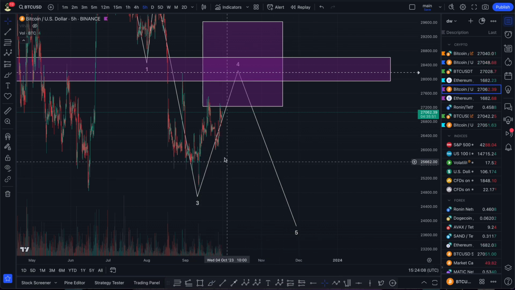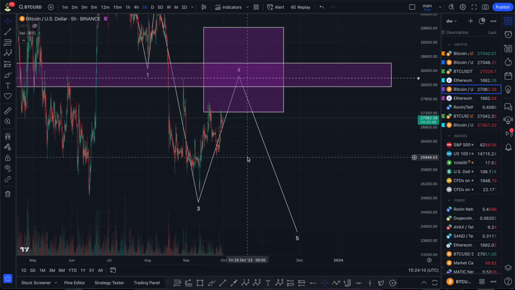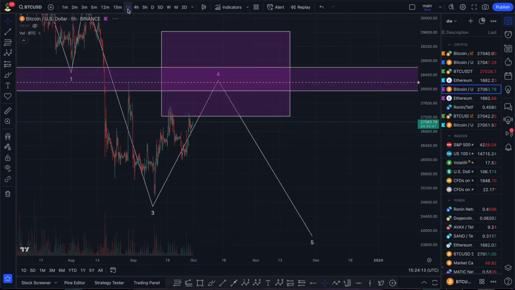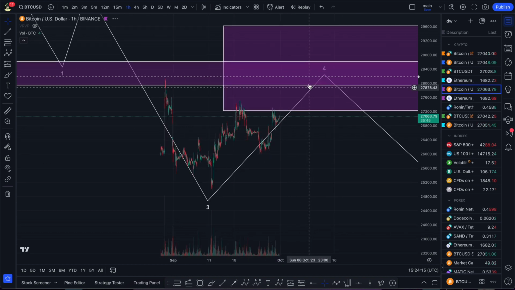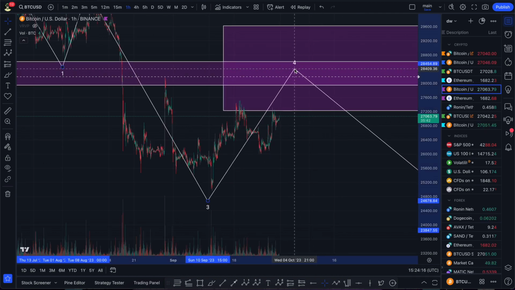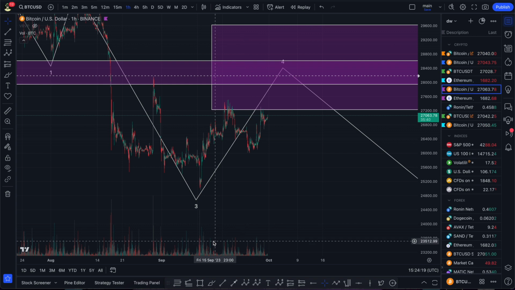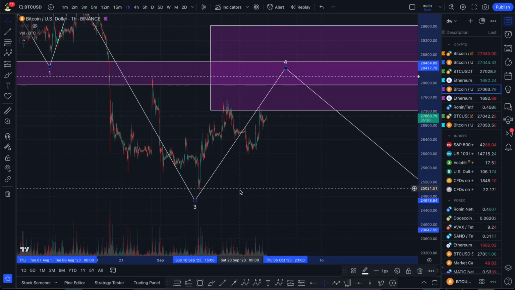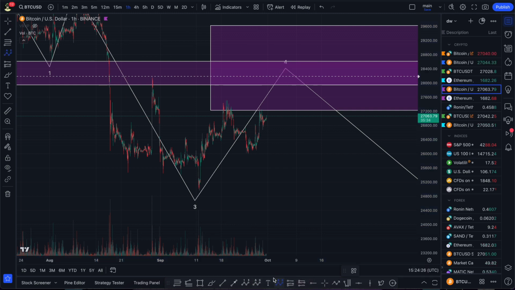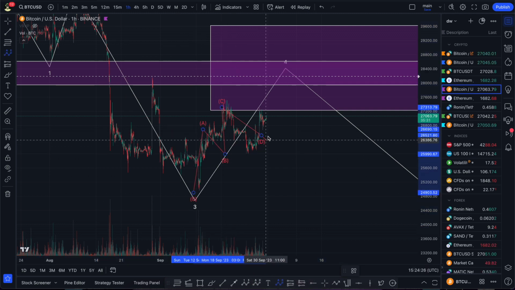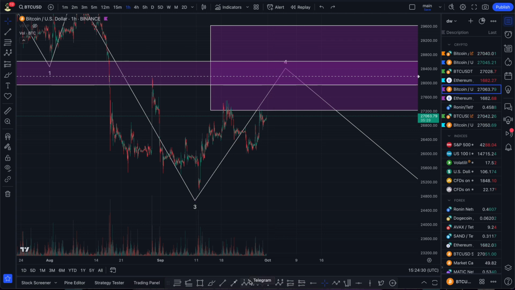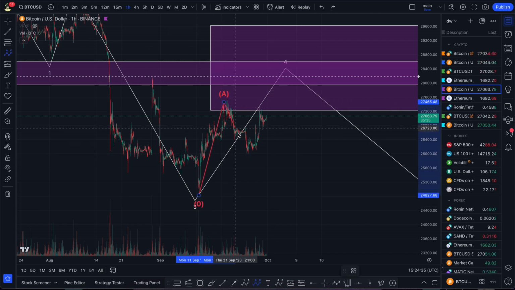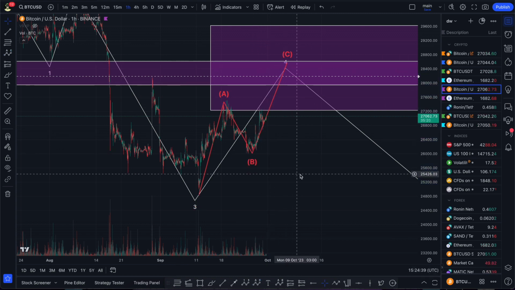Right now, let's try to break down this structure on the smaller time frame. Even on the 1 hour time frame, I think we can see it clearly. Right now we are in a wave 4, and wave 4 is a correctional wave. Most likely it's either some wrong correction, or a clear ABC correction, which we can see here very clearly. Here's wave A, here's wave B, and this is right now a possible wave C.